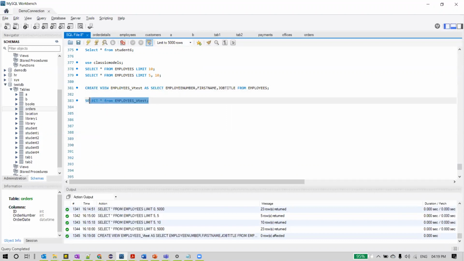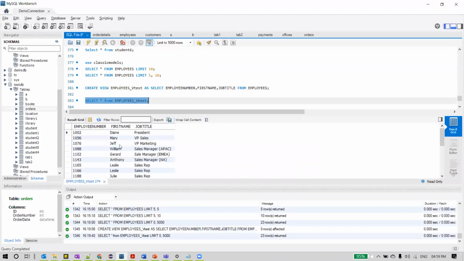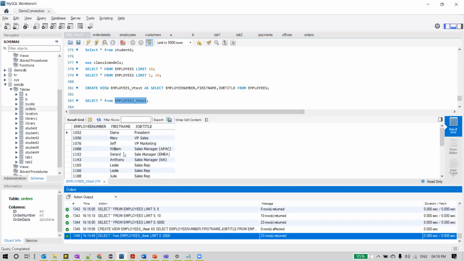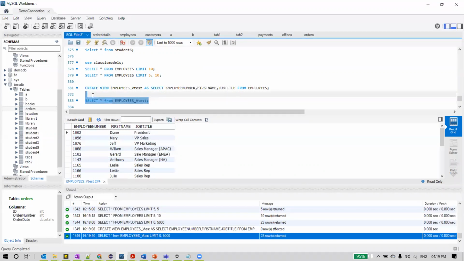In the same way that we access the table, we will be accessing the view as well. You can see it here. I have a view created on 3 columns of the employees table. The same data it will refer to. And it also has 23 rows returned here. But it has only restricted columns, you can see here. My view. So now you can provide this view to anyone.